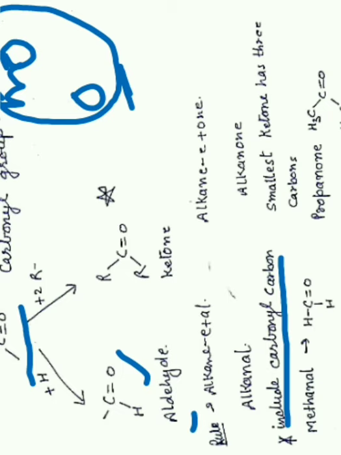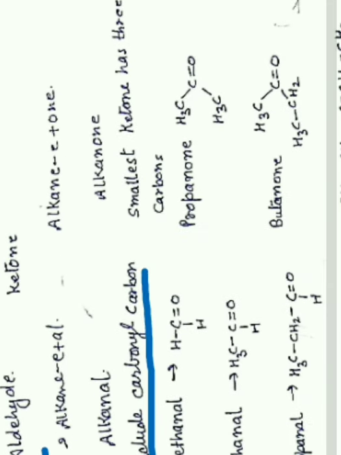सो व्हाट वी डू, वी काउंट all the carbons whatever is present in the single chain and then we write the alkane number root. 3 कार्बन है तो 3, 4 है तो 4. अब एक चीज़ और देखो कि इसमें C डबल बॉन्ड ऑलरेडी था, हाइड्रोजन हम ऐड नहीं कर सकते, ऑक्सीजन भी ऐड नहीं कर सकते. तो अगर हमने एक एक कार्बन दोनों साइड पे अटैच कर दिया तो हमारा सबसे पहला सबसे सिंपल कीटोन जो बनेगा दैट विल बी ऑफ 3 कार्बन एटम्स. सो स्मॉलेस्ट कीटोन इज नेम्ड एज प्रोपेनोन.